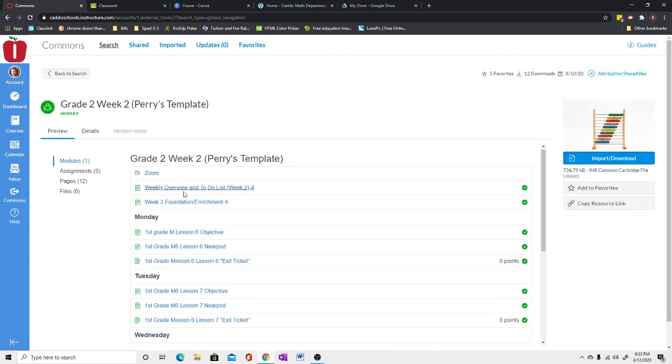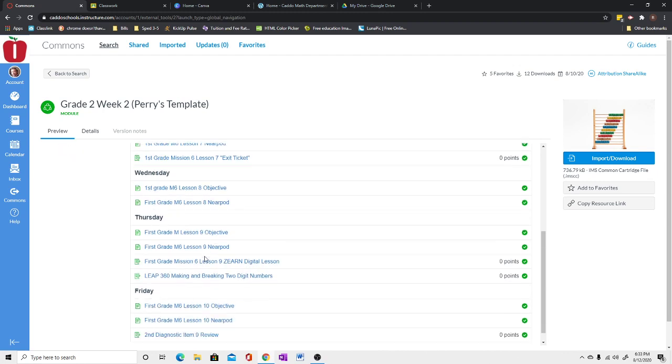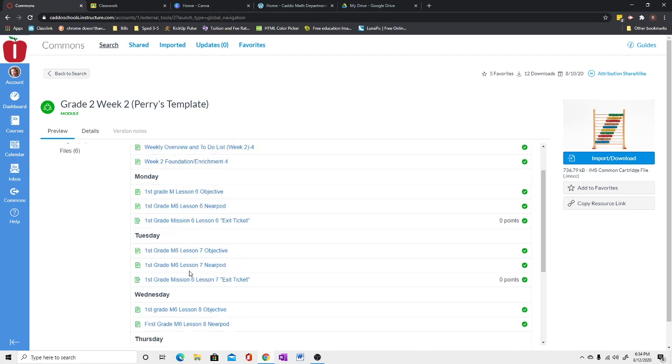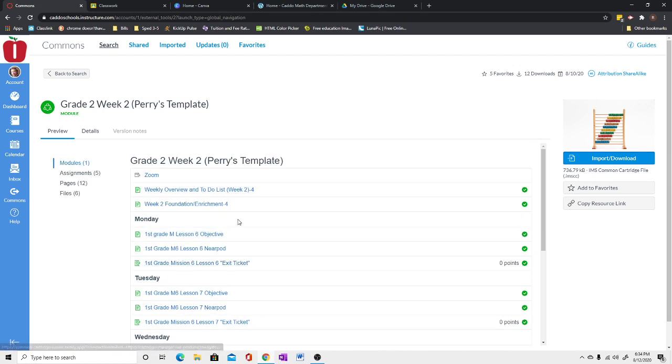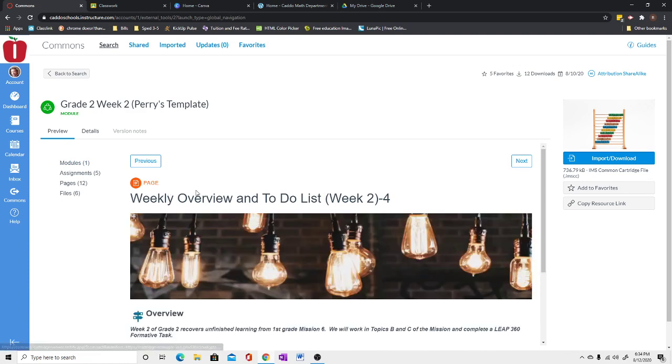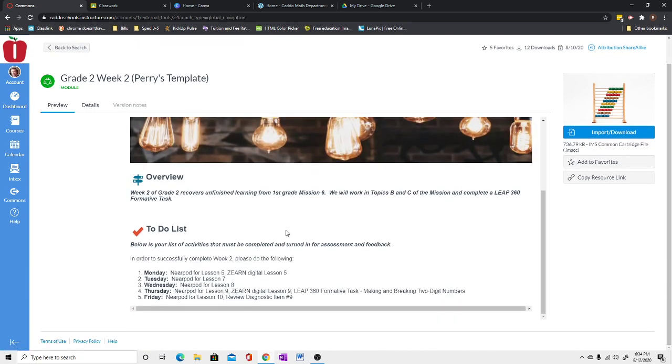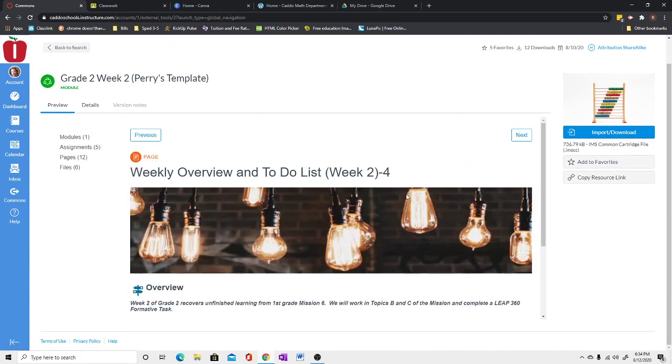it's going to show you a preview of what it is that you're going to import into your course if you choose to import it. It may not be what you want, so there's no point in importing it if you don't want it. But you can actually click on these items and you can see exactly what she's created for you